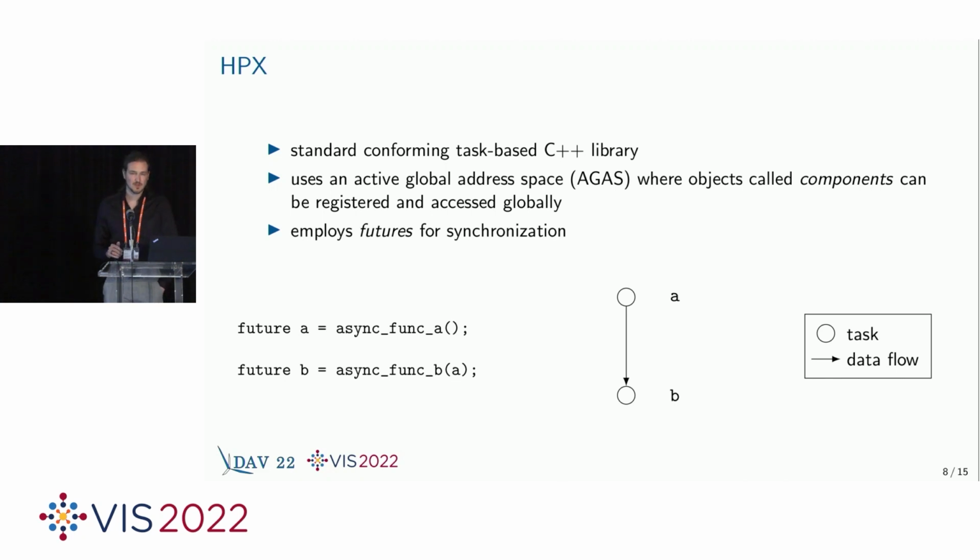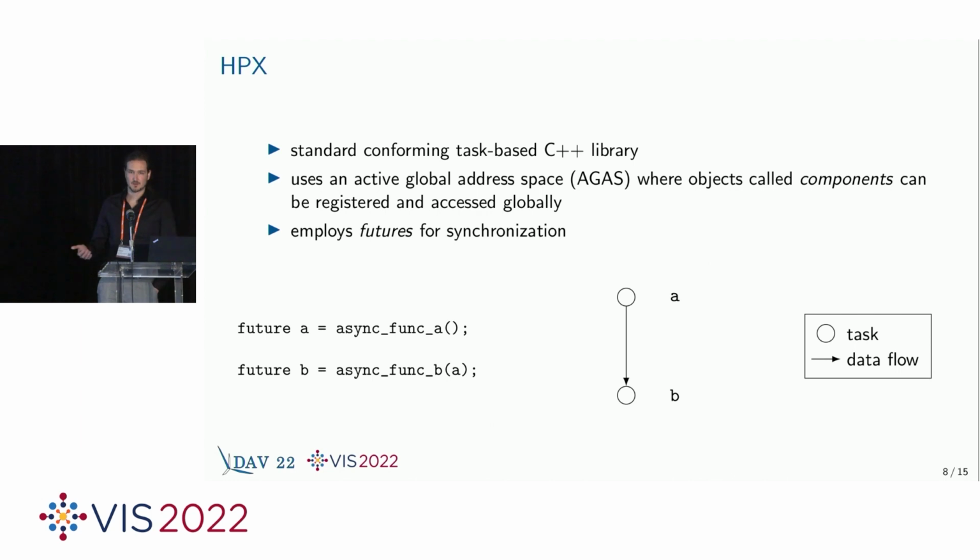The framework makes heavy use of the library HPX, which is a standard conforming task-based C++ library, and I only want to cover basically 2 small points here about HPX. First is that HPX uses an active global address space. This is also where the runtime manager is registered, and it employs futures for synchronization. Of course, there's a lot more to HPX than futures, but it demonstrates nicely how we create those task graphs. So, for example, we have an asynchronous function called A, and the return value of an asynchronous function